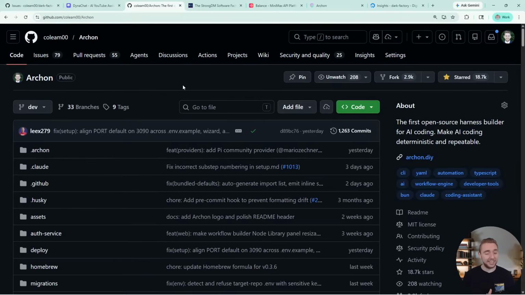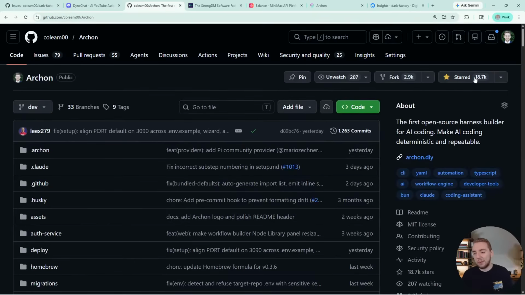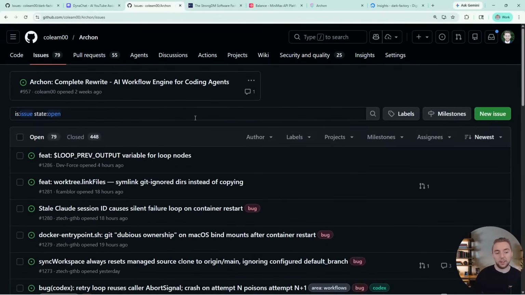Something very interesting that I wanted to work on this weekend is creating some Archon workflows to help me manage all of the issues and pull requests we have in Archon. This project has gone, I wouldn't say viral, but we've got a good 5,000 stars in the last couple of weeks, which I'm very honored and humbled by. We have thousands of people using it right now, so it's very cool to see. With the attention comes a lot of issues and pull requests, and we're working hard to address these as much as we can.